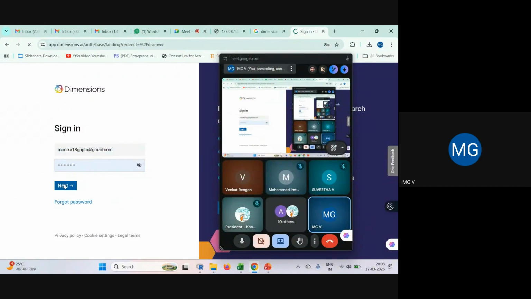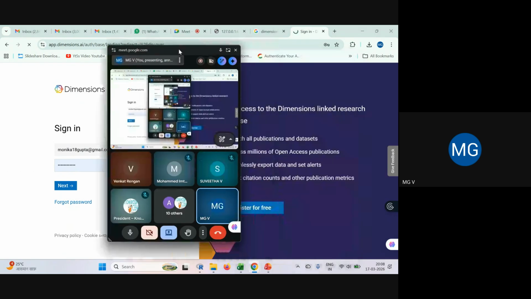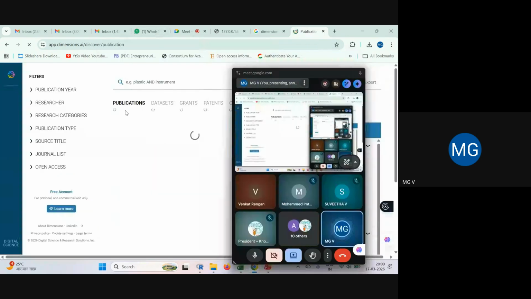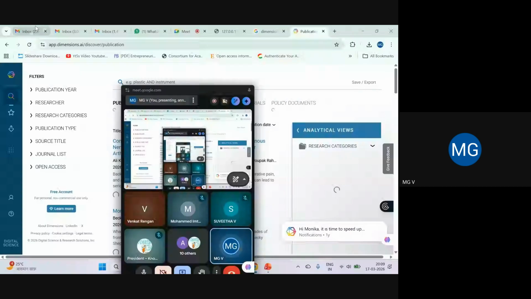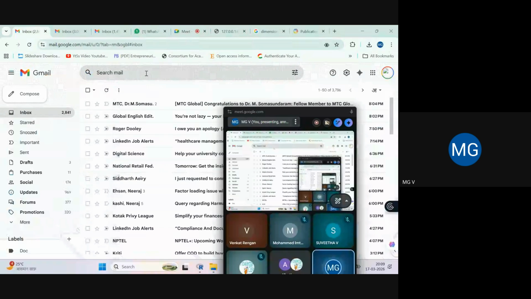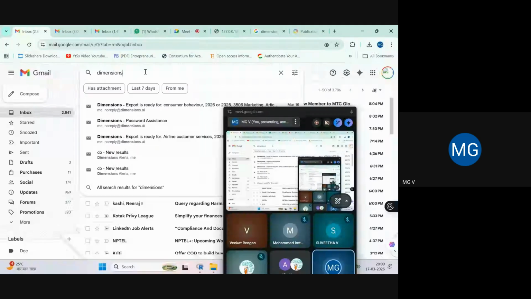Next. Then what happened? Might be the site is slow, because we used it yesterday and it was working fine. So there might be some problem at their end. Now see, it has gone. Maybe for first time users, let me check my email. Today I didn't get any email, but let me check my previous accounts.